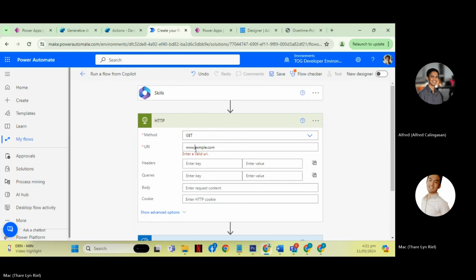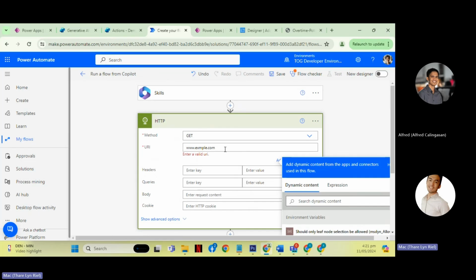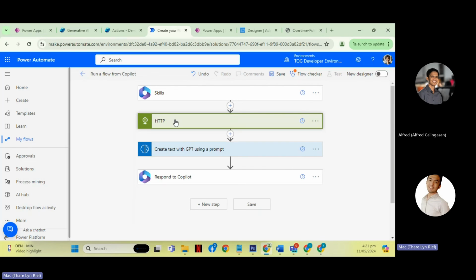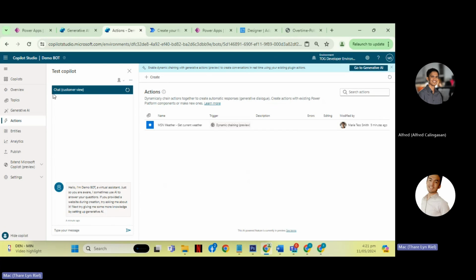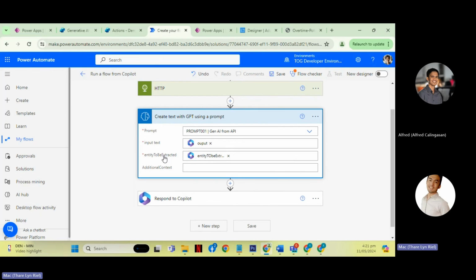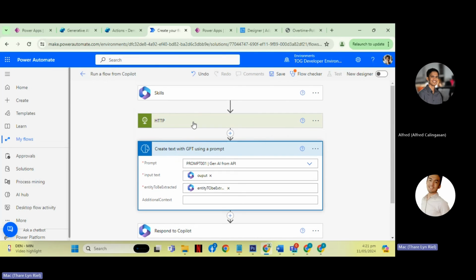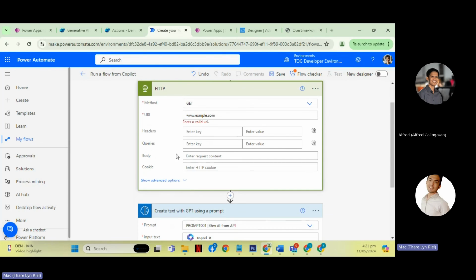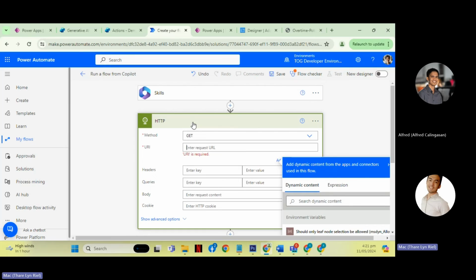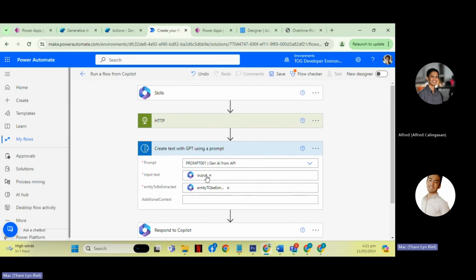That is one of the great examples for this, because the Copilot is limited to public websites only. With the help of this, it's one of the workarounds. So put the endpoint of the API here, and then put it here on the input text.